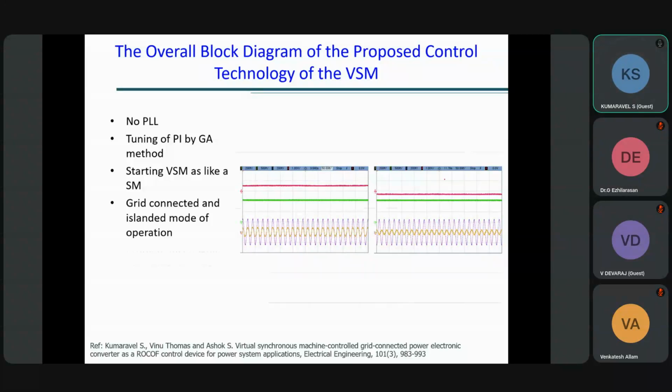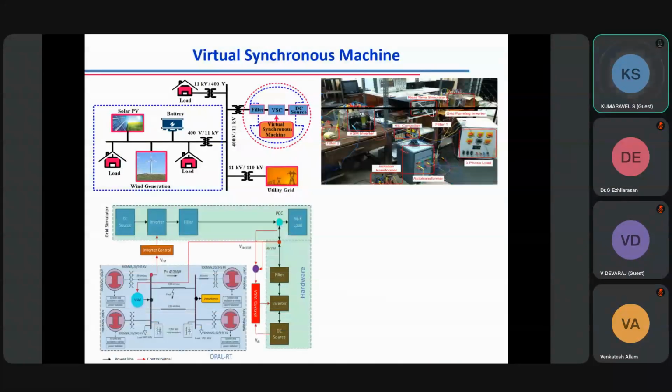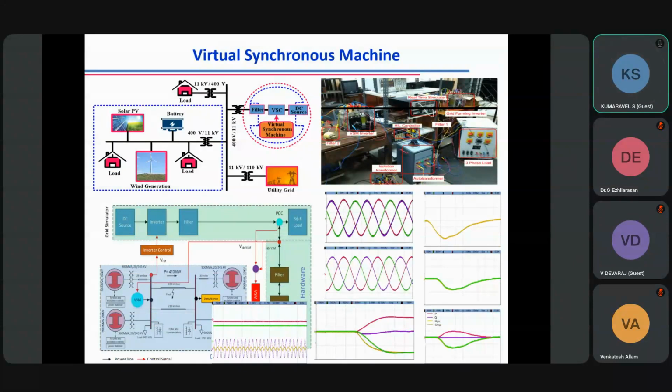Okay. So all sorts of analysis we have done. It was giving an excellent performance in the dynamic results we are seeing here. In fact, we have done a power hardware in loop analysis also. And I am extremely sorry, I could not explain in detail because of the heterogeneous group of participants. Based on this work, we have published a paper in IEEE Transactions on Energy Conversion. At the end, I will share it in the chat box. You can download it, and when you have free time, you can read it.